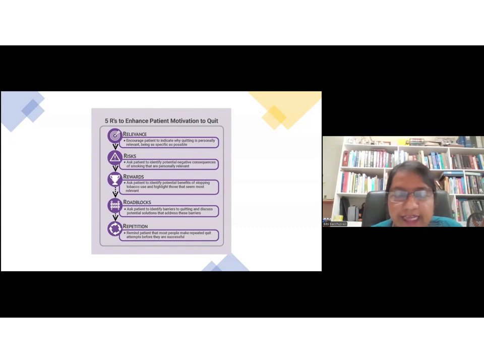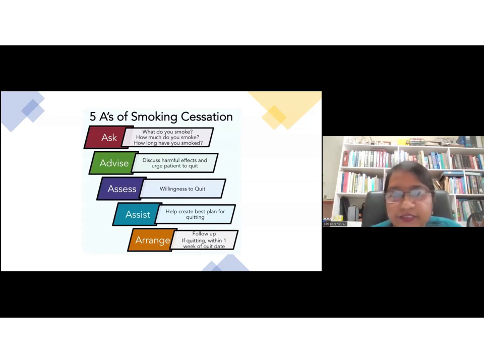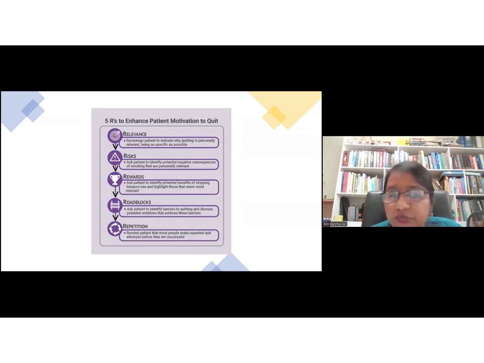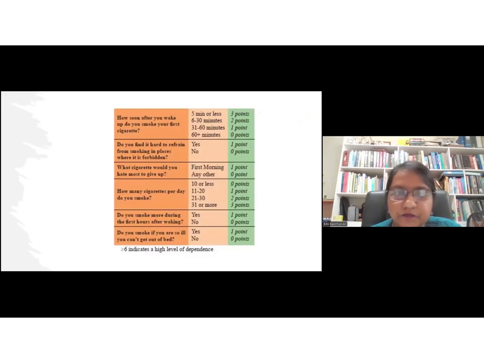Now, after roadblocks, if you get over the roadblocks with the patient, then you can go back to assess willingness to quit. And if they say yes, they are now willing to quit, then you move on to assist and arrange. If they said no, that they're not willing to quit, then that's okay. Leave it as it is and revisit the topic on the next visit. Now, this here is the screening tool that you can use as well to indicate how dependent the person is on nicotine. It basically guides management, so it can tell you if this person can do well with just counseling alone because they smoke once and far apart, or if this is a person who may probably have to do dual therapy, etc.